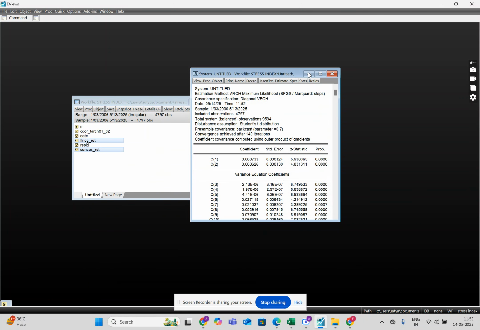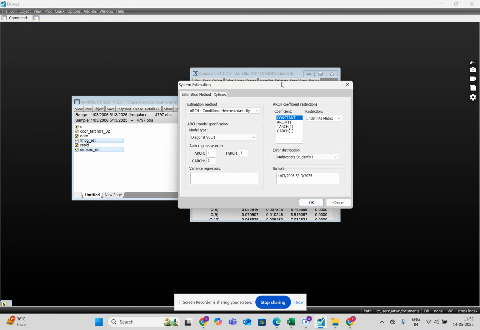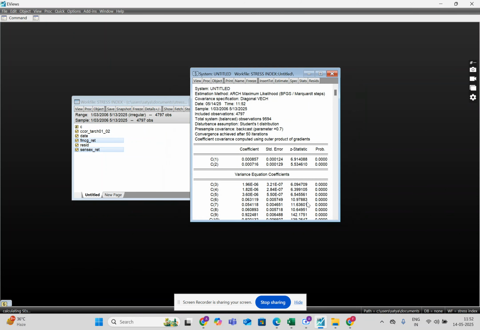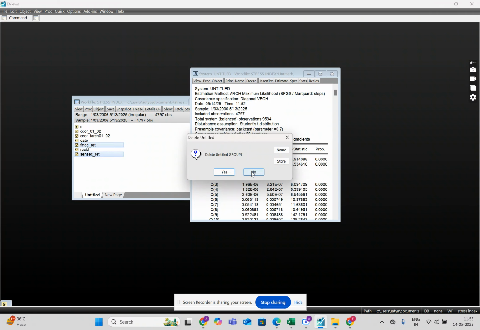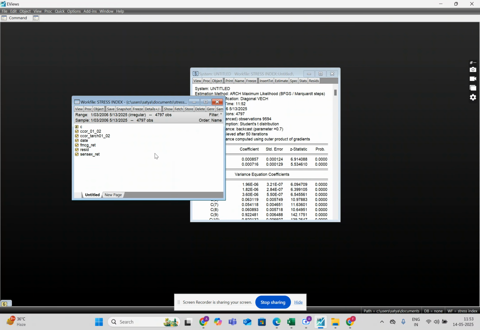So actually we will compare it to how the CCOR was in a model that is not TARCH. So let's keep it 0 here. And this is the normal CCOR we do. This is not the asymmetric CCOR. So yes. So here it is. Now we go to proc. We go to make conditional covariance, correlation. And this is just CCOR. Okay, so we have CCOR TARCH and we have CCOR.